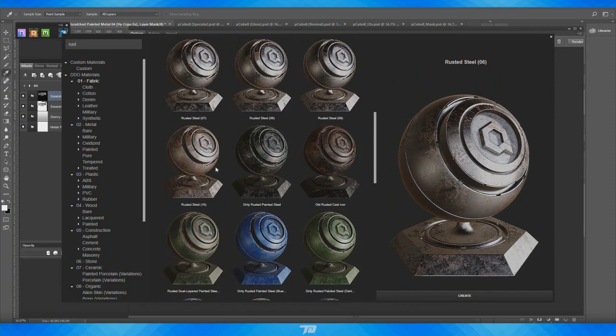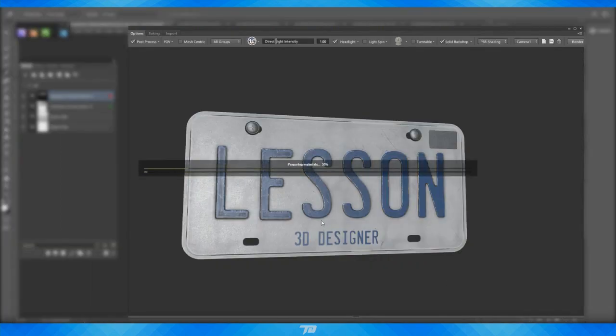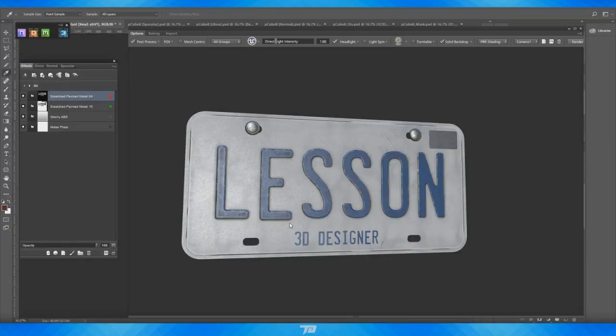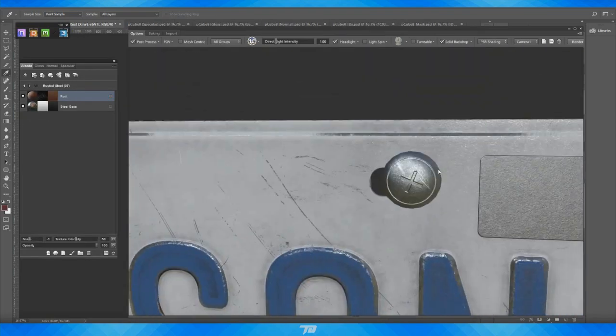Old rusted cast iron, obviously not. Rusted steel 10. I think this one looks pretty good actually. 07. So I'm just going to hit create. And since we already have that normal map information in the curvature map, it's going to automatically put the rust where it should be. And then we can go ahead and adjust certain spots of that. So it's going to do a pretty good job, but of course I want to go in and adjust the mask, simply because if we zoom in,